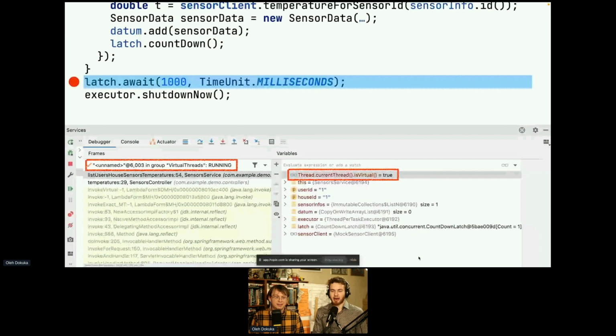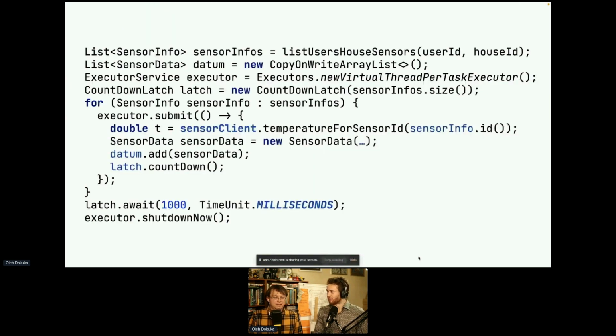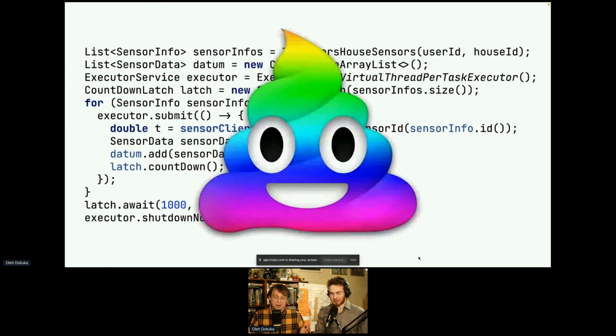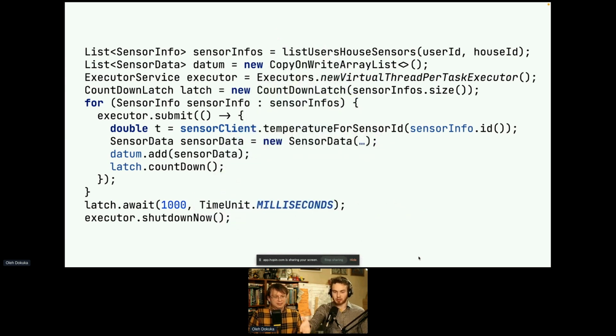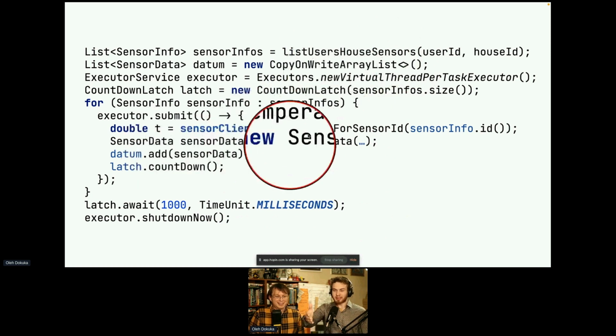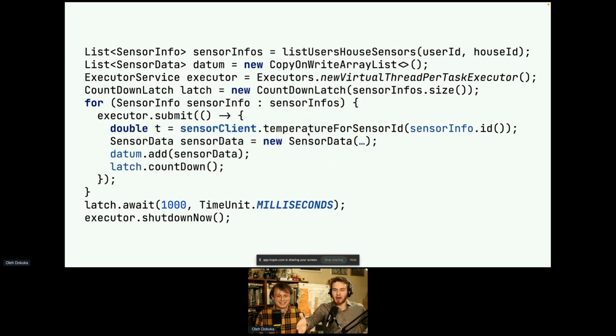Not bad. But I have another but in your speech. This code is still a piece of rainbow. Oh, yeah. How does Loom help improve the code quality? Because it's still not readable. Do you see, my friend, where is the business logic? Okay, not behind this piece of rainbow, but here. Do you see the business logic here? Yeah. I see CopyOnWriteArrayList, a large executor service, but the business logic is just hidden by reactive.